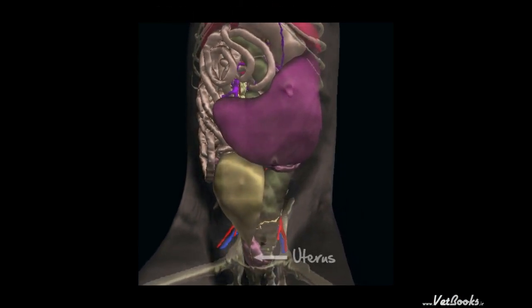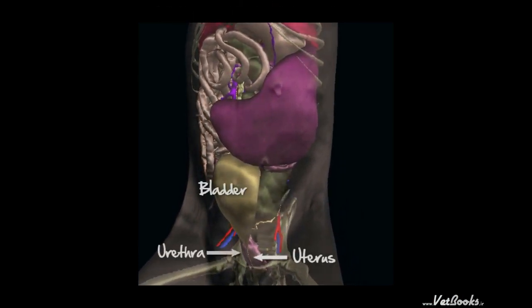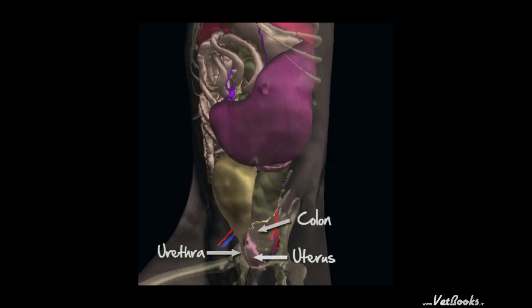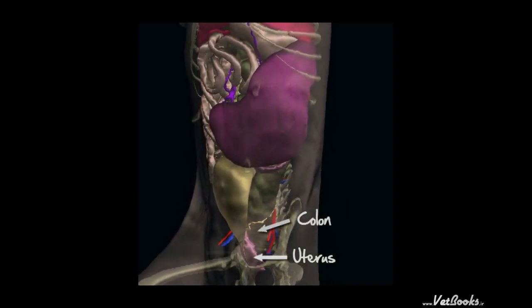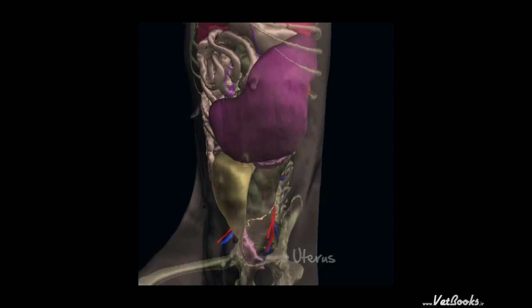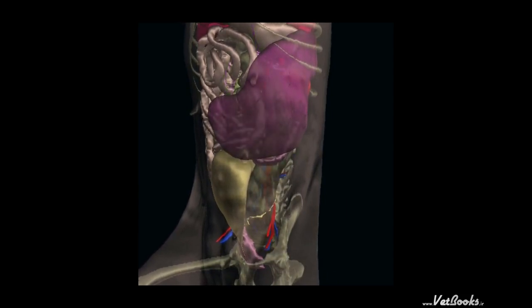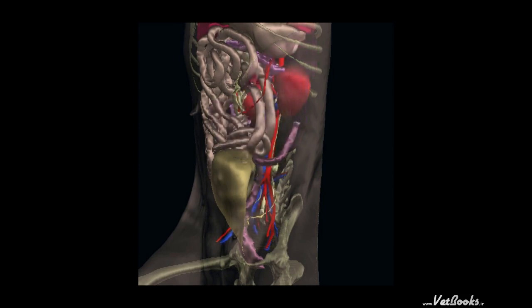The uterus is located between the bladder and the urethra ventrally and the colon dorsally. Whereas the body of the uterus and the cervix are easily scanned transabdominally, the vaginal portion is generally inaccessible. The right and left uterine horns branch out of the uterine body cranially, tracing a winding path in the abdominal